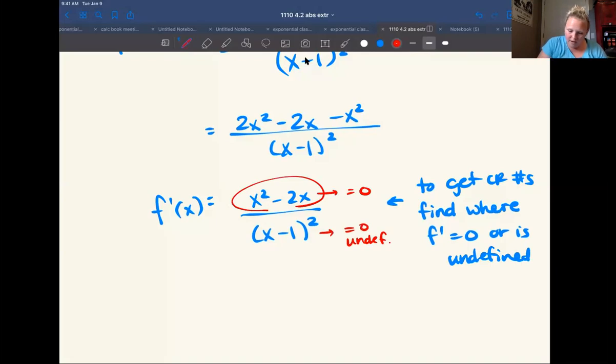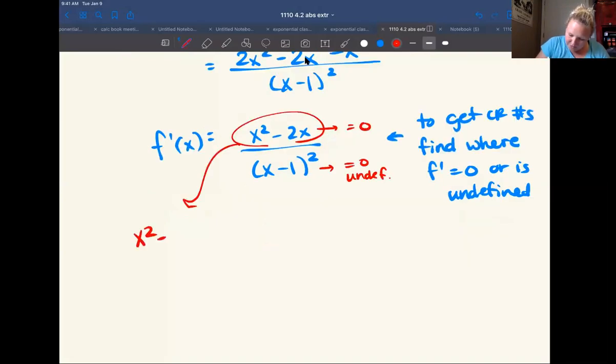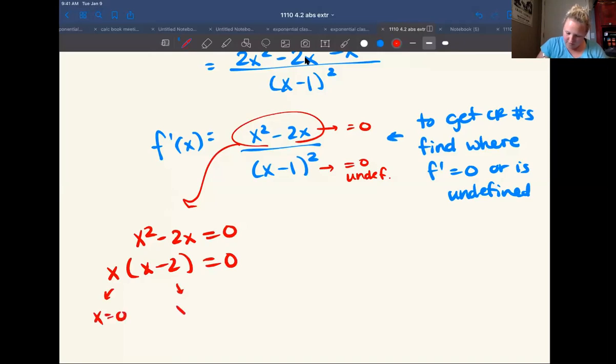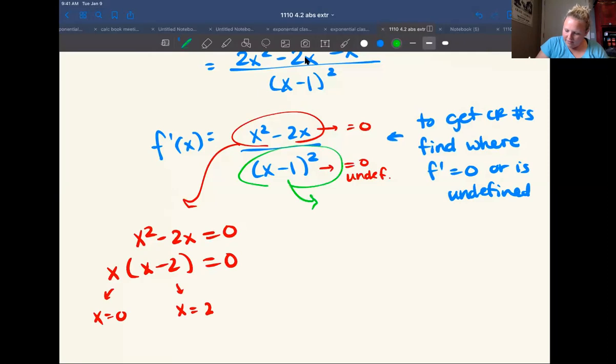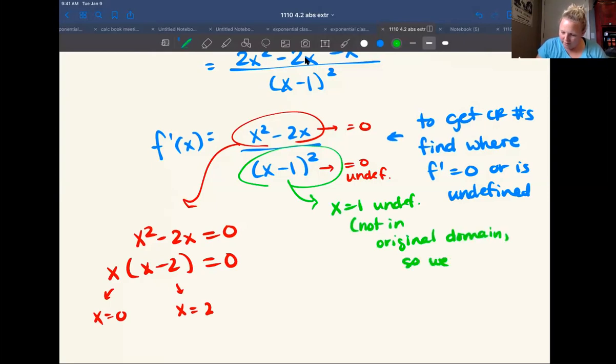So for the top part, x squared minus 2x equals 0. If you need to, you can use the quadratic formula, but there's an x squared, there's a 2x, so I can pull an x out, and then I can set each one equal to 0. So I get 0 and 2. And then if you focus on the bottom, here, x equals 1, the function is undefined. And it's not in the original function's domain. So we won't consider it